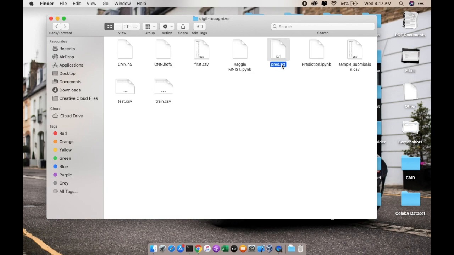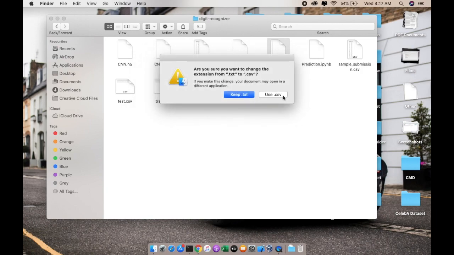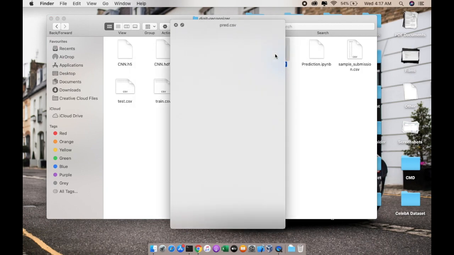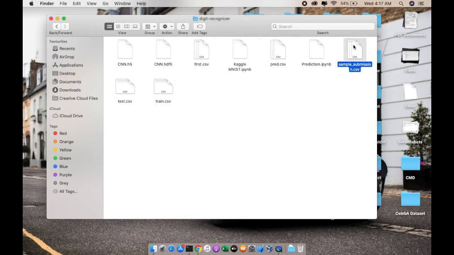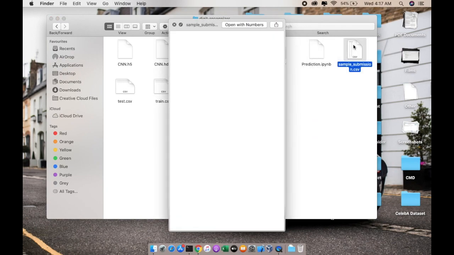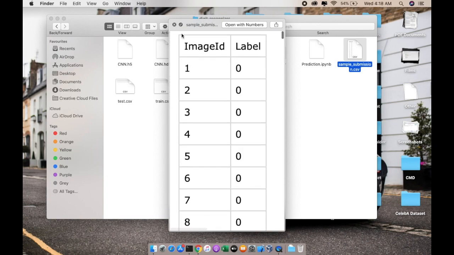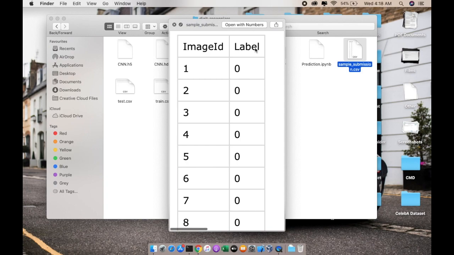Instead of .txt I'm converting the file to CSV. Now you can see we have the very same format, but there is one missing value, which is the image id and label header.